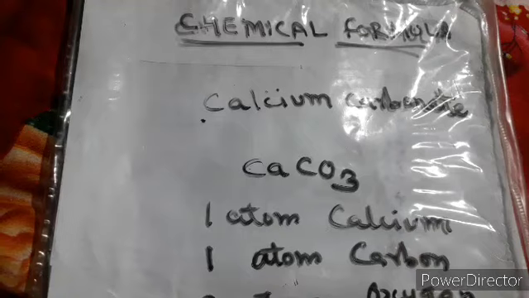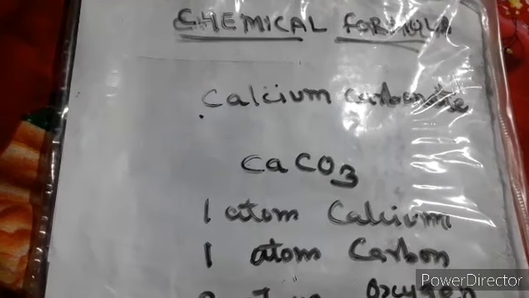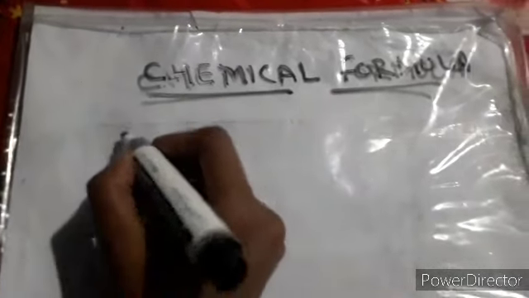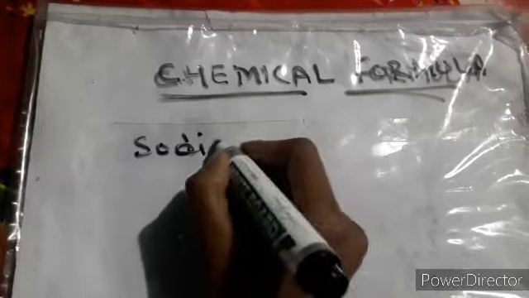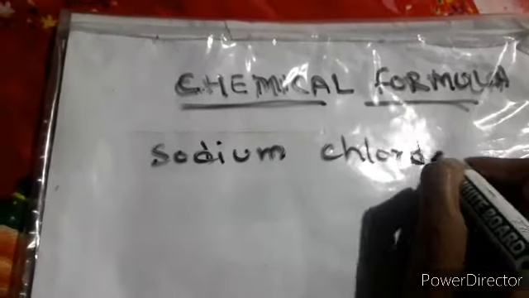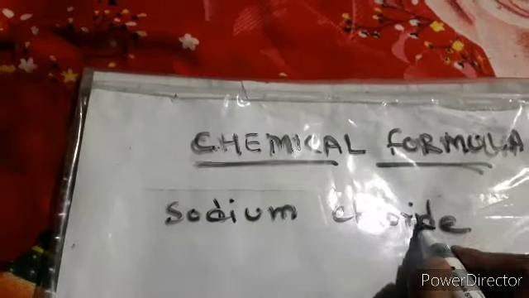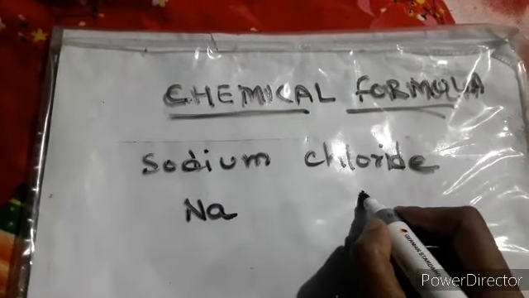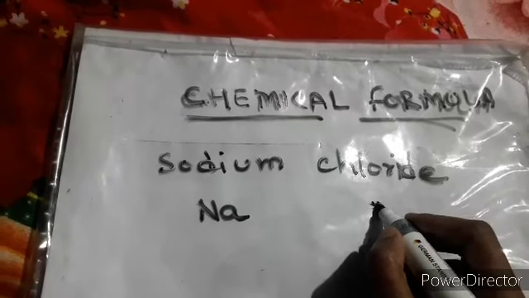So we'll see how to, first of all we'll focus on how we can make a chemical formula. Now we will see how we can make a chemical formula, and it has certain rules. Suppose I give you, I always start with the easiest example, that is sodium chloride, and you know the symbol for sodium, that is Na, and you also know the symbol for the chloride form, Cl,